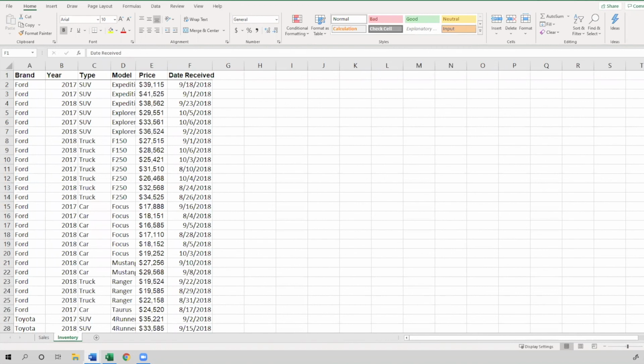What if I change my mind and want to sort in a different way? We can go through that process again. So we're going to do a custom sort. Maybe this time we want to do type and then by price. So I'm going to select anywhere in the sheet, then in Home, Editing group, then Sort and Filter,